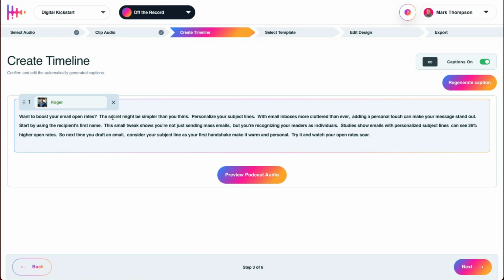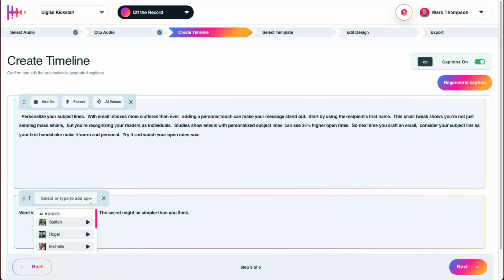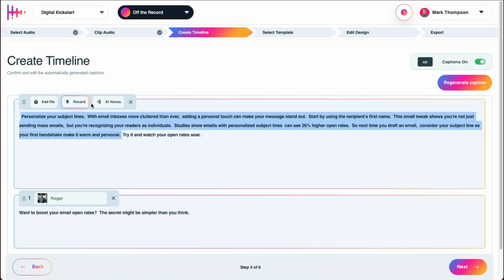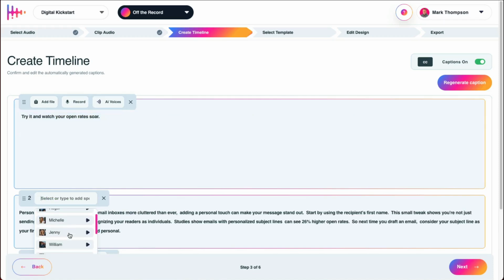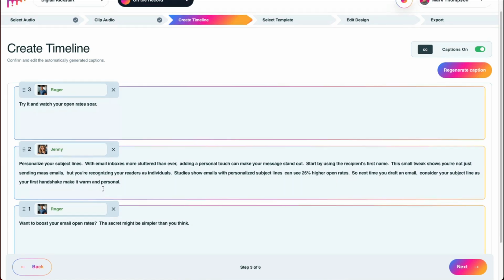And so it's two people, one person is doing the interview, the other person is being interviewed. So what I could do is instead I could go take that off, and then I could say, okay, so let's just say for this part, I want it to be Roger. And then for the next part, with the person who's answering, I could say, well, this is Jenny. And then this last part is back to Roger. So you can start to split this up and have multiple people talking and having a conversation all through the